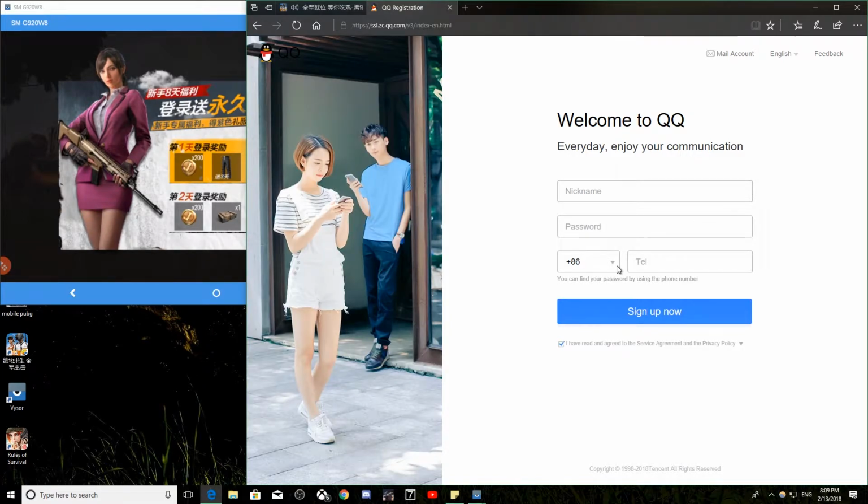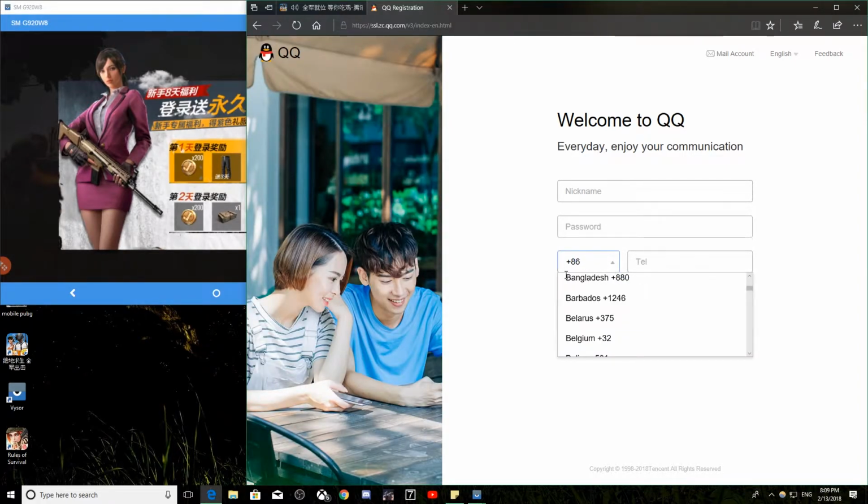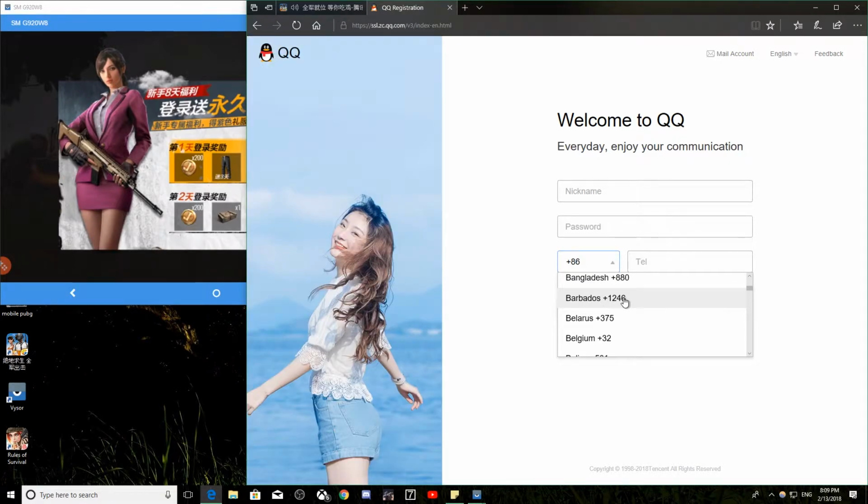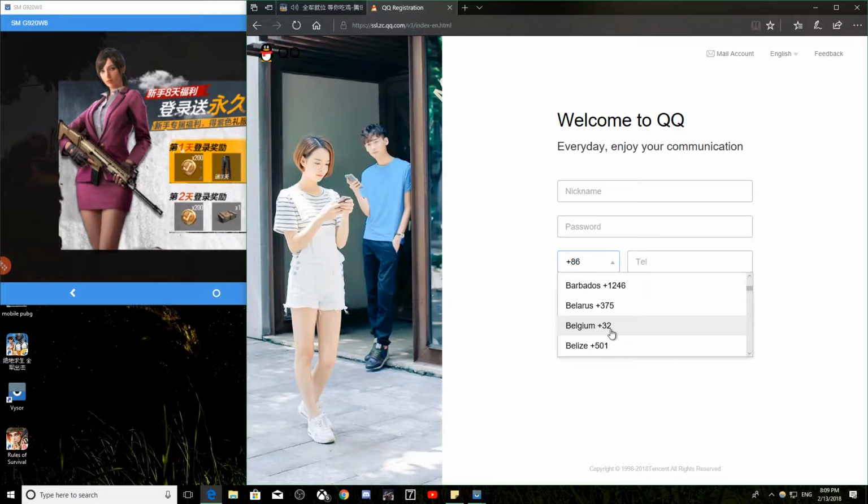You can either use your nickname, you can use that random number, or it's going to give you another login that's going to be this, whatever this is, but in 3 digits, unless you have a 4-digit number. So as an example, if you have 32, it's going to be 032 followed by your phone number. Or if you have a +1 like I am in Canada, it's going to be 001 plus your phone number,